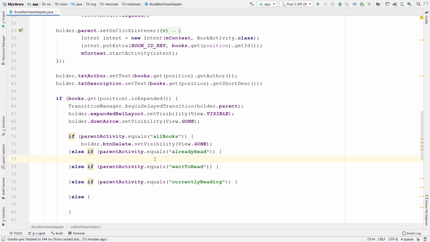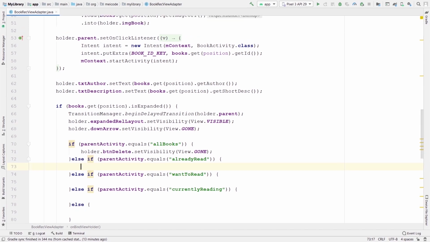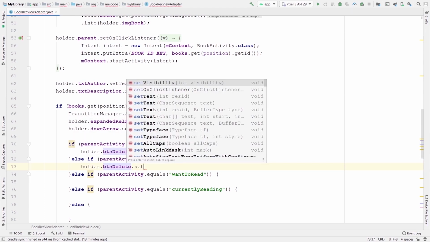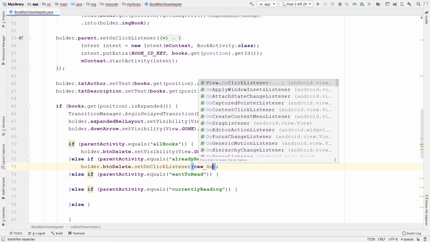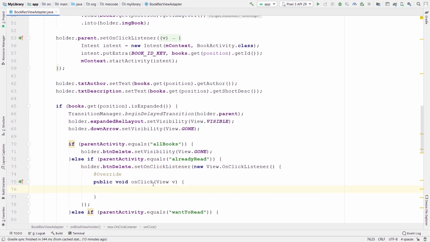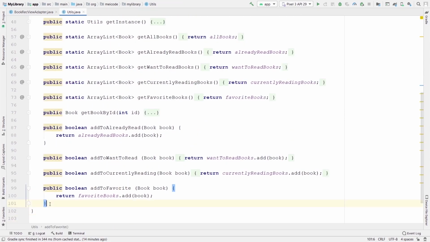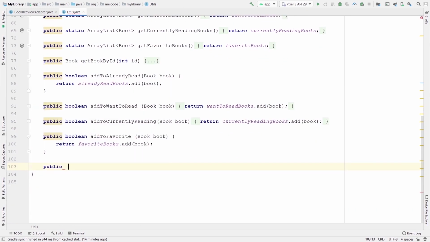For example, if it's the already read book activity, I'm going to set an onClickListener for this btnDelete. So let's say holder.btnDelete.setOnClickListener, let's say new OnClickListener. And inside this onClick method, I need to delete the book from my array list. Once again, I'm going to keep all my interactions with my static array lists inside the Utils class. So I'm going to write another method inside that Utils class. Let's quickly go to that class. And down in here, after everything, let's say public boolean